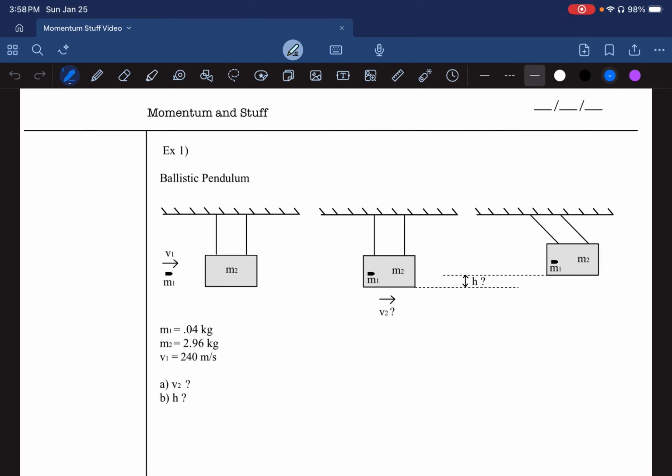This topic is really about combining topics. What we have here is a ballistic pendulum. So a block, it's hanging from two strings, and it's free to move. It can swing this way, that way. Initially, it's at rest, but a bullet, mass m1, velocity v1, is fired at the pendulum,